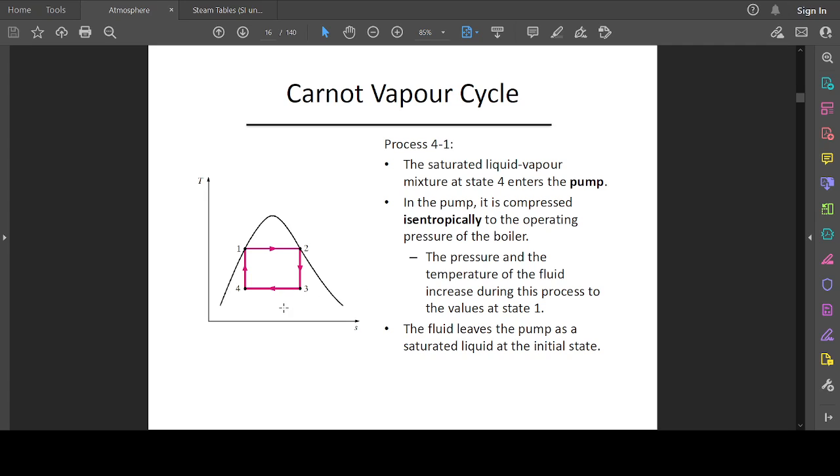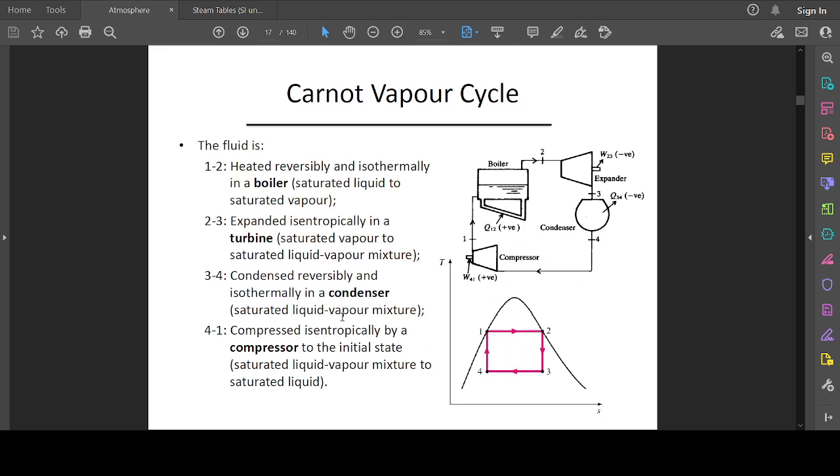Okay, so the pressure and the temperature of the fluid increase during the process to the value at state 1. So the fluid leaves the pump as a saturated liquid at the initial state. Okay, so like we said already, it is heated reversibly and isothermally in the boiler, and the fluid goes from a saturated liquid to a saturated vapor here, and that saturated vapor does the useful work in the turbine as it is expanded